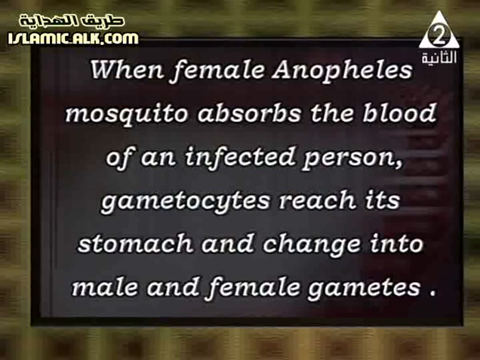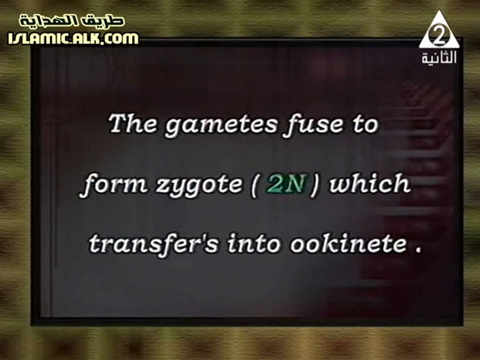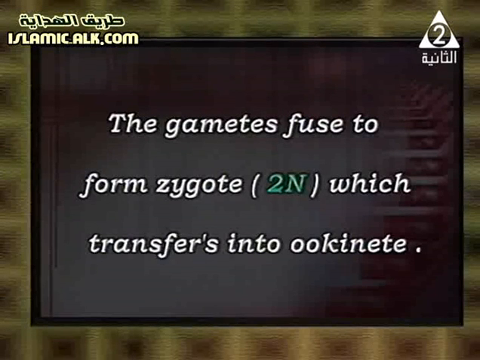Male and female gametes. And this is the sexual cycle. The asexual cycle happens inside the human by infection of red blood cells and liver, while here it happens inside the mosquito itself, when the gametocytes reach its stomach and change into male and female gametes. The gametes fuse to form a zygote, like any normal sexual reproduction, to transform into something called